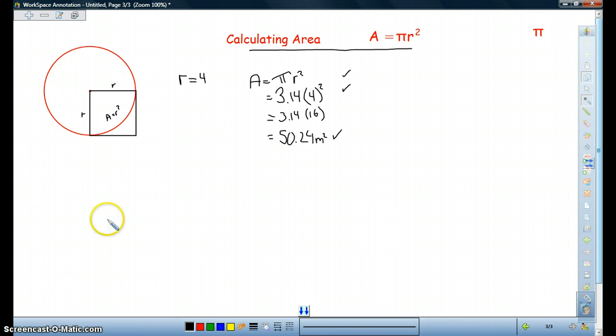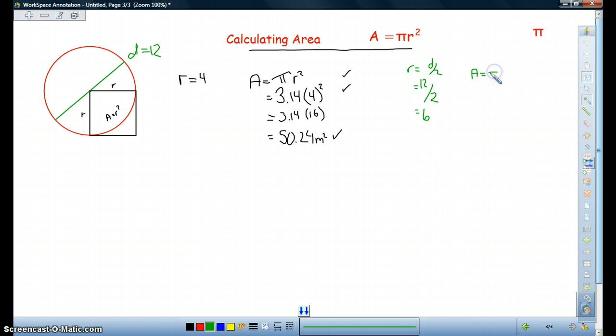If we were given the diameter, so let's say we were given D equals 12, we have to do 2 steps. You have to first find the radius, but you know that radius is half of diameter. Again, showing my formula, showing the numbers that I'm plugging in. You need to get in the habit of this because when we do word problems and they're multi-step, you have to show all these steps. And now we have our area